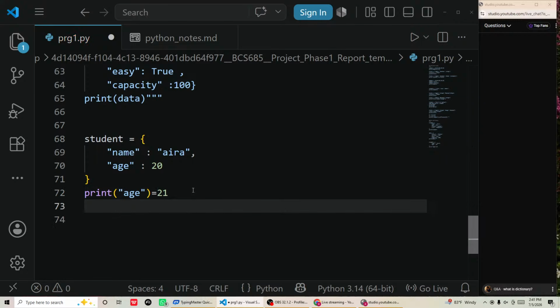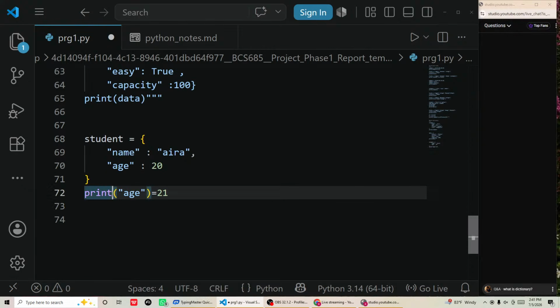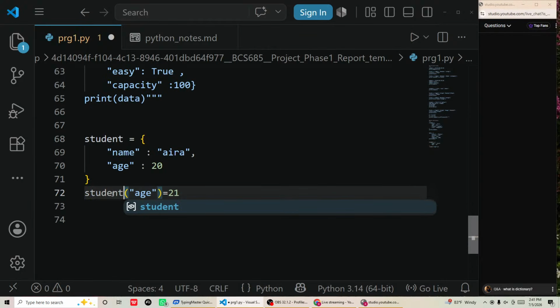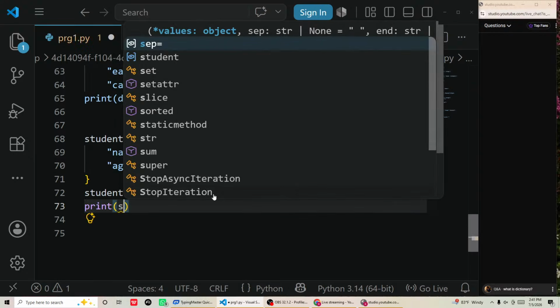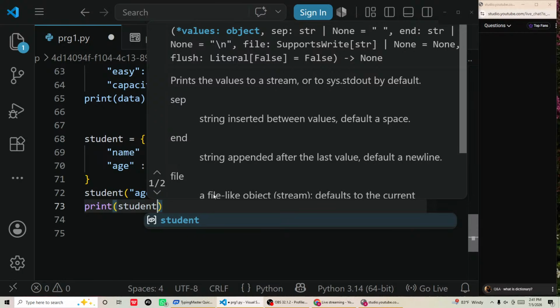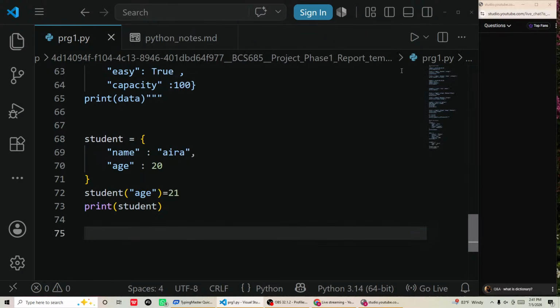Equals to student. Okay, now I have done. Next we'll print the student. Okay, done. If I run,